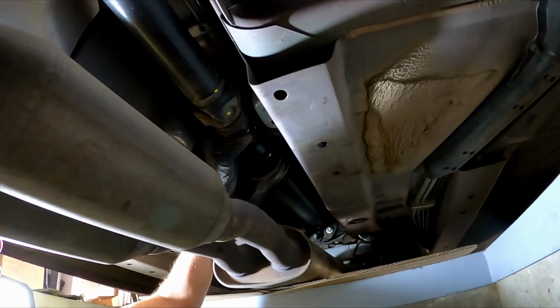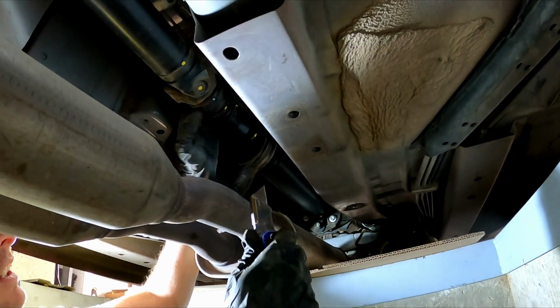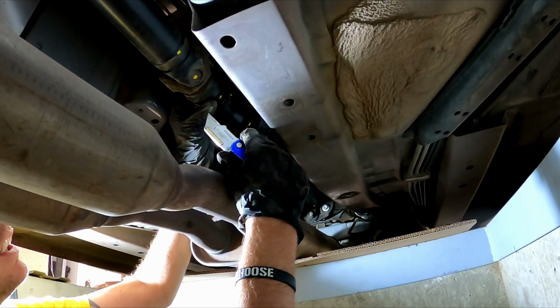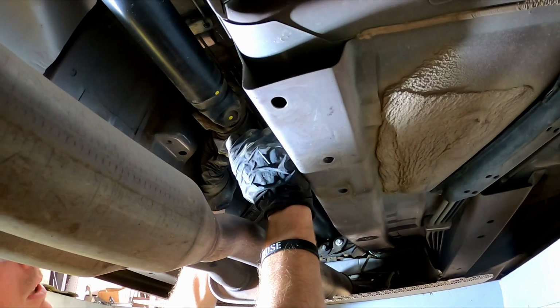This is the carrier bearing. Well, this is the carrier, this is the bearing. So it holds, and there's this rubber that is broken, and the rubber left around here. The kit that I have tells you to cut this rubber off, but you don't have to cut it off completely. Using a box blade,